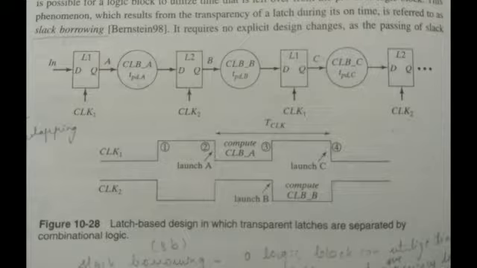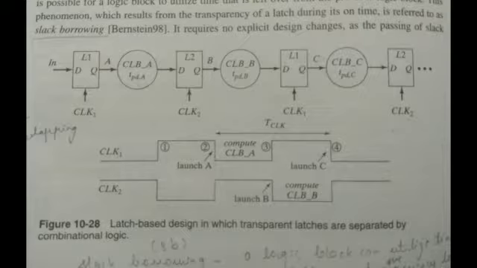In this configuration, a stable input is available to the combinational logic block CLB-A. Here CLB stands for combinational logic block, A and B. There are actually three, A, B, C, but we are going to consider A and B only, right? So in this configuration, a stable input is available to the combinational logic block CLB-A on the falling edge of clock 1, that is at edge 2. You can see the marking on this waveform, number 2.